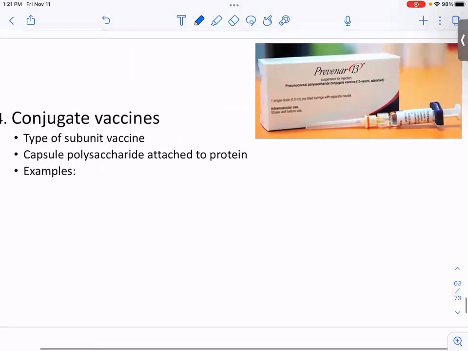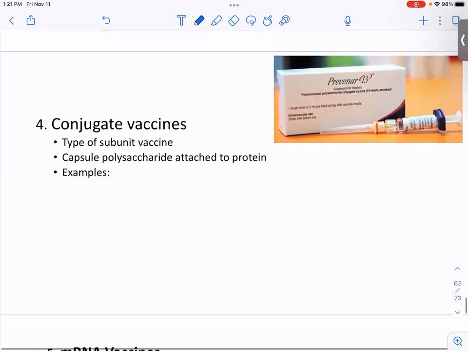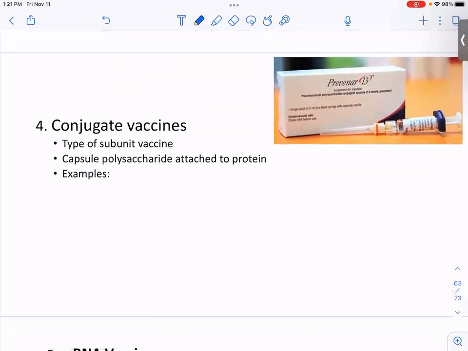Okay, so there are some other kinds of vaccines that are used. A newer one is called a conjugate vaccine. And really, you can think of this as kind of a subunit vaccine. Sometimes you might call it a subunit vaccine. But this is where, for several different infections, we've taken, remember that